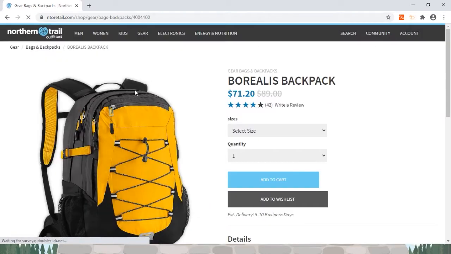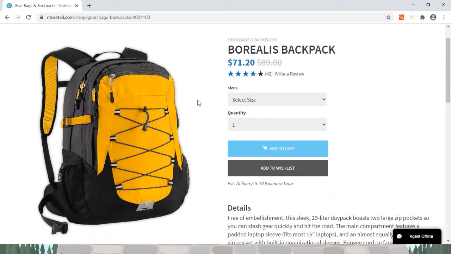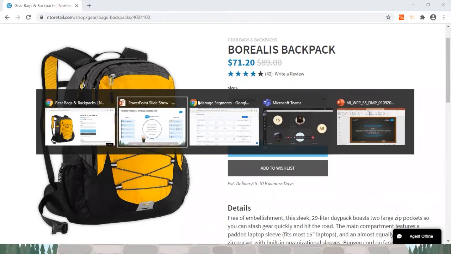So in the absence of DMP, if I'm doing this activity, and assume that I'm being referred by my friend that NTO Retail has very good bags for a backpacking activity and an overnight stay that I want to do somewhere. If I'm doing this activity, typically I just check out this bag, maybe add it into a cart, or maybe I just drop out from here. In the absence of DMP, how would the customer experience be?